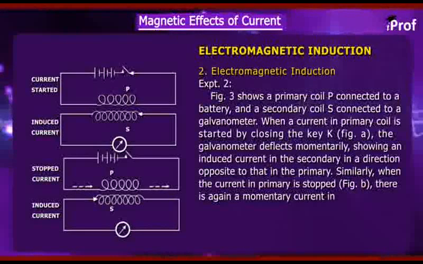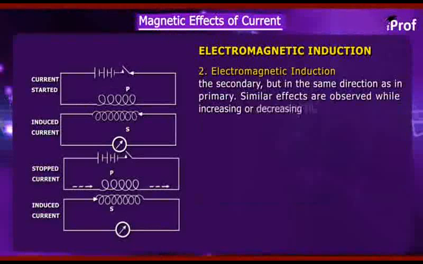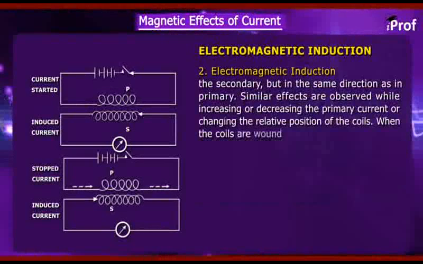Similarly, when the current in primary is stopped, figure B, there is again a momentary current in the secondary but in the same direction as in primary. Similar effects are observed while increasing or decreasing the primary current or changing